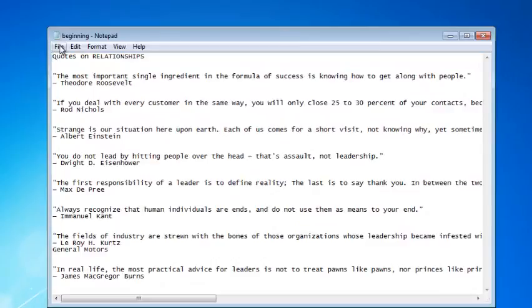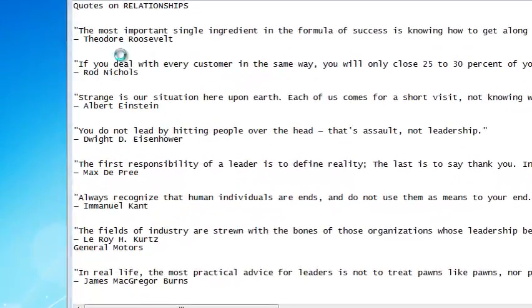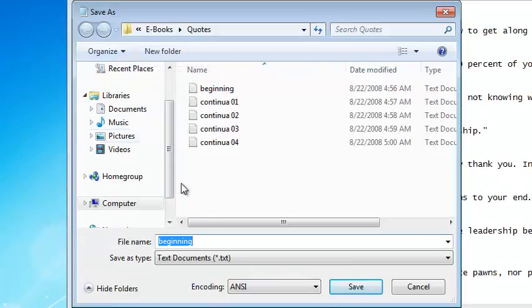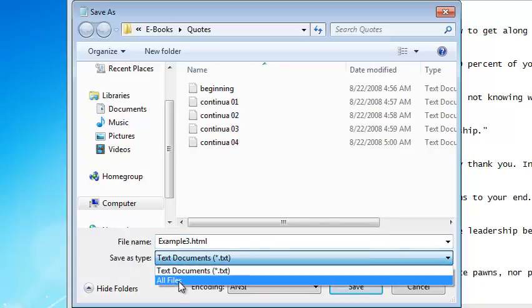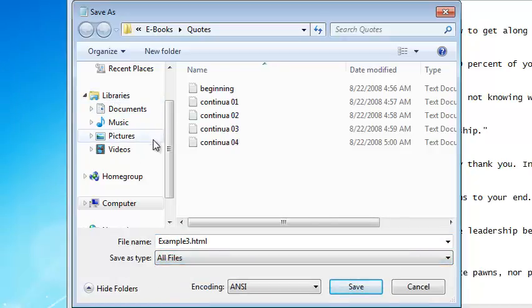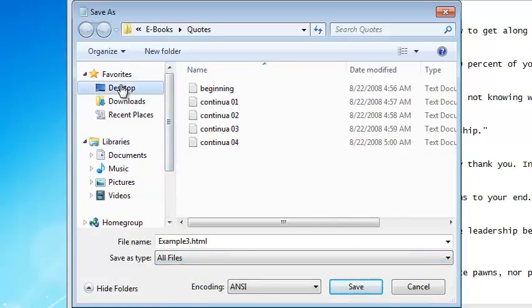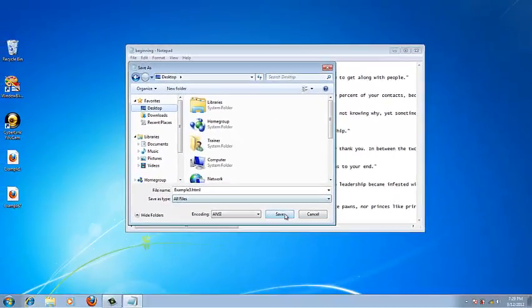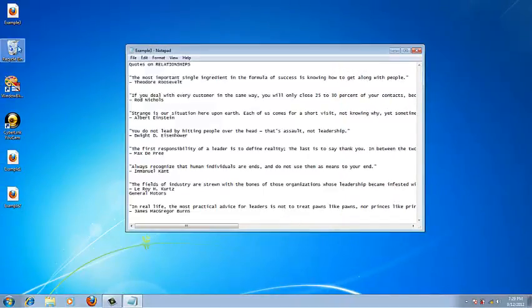So I'm going to save this file. I'm going to save it as example3.html, as all files. I'm going to save it on my desktop. I'm going to click on save. So here we have example3.html. Alright,